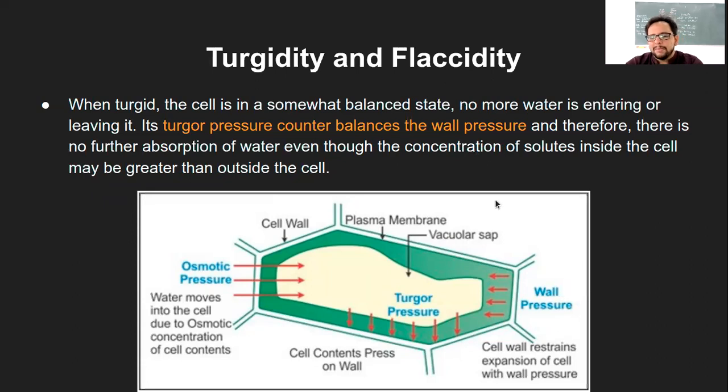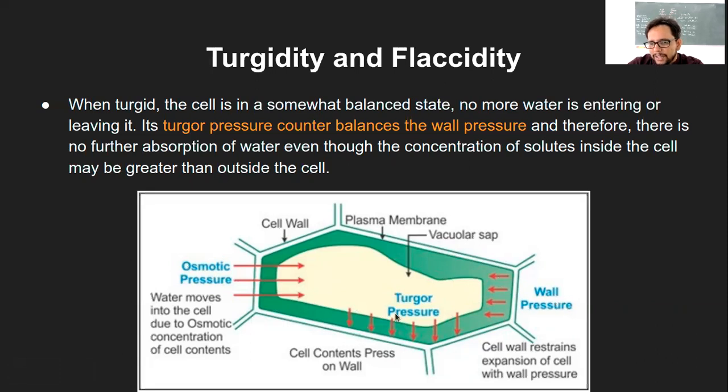So for example, the diagram is given here. Now osmotic pressure, we all know that due to which osmosis happens, that is the pressure exerted by the concentration gradient of the solute as well as the solvent. So the movement of the water will happen. In this case, this is the endosmosis movement that is being shown here, because we are going to talk about turgidity. When we talk about flaccidity, the osmosis will happen in the other direction, opposite to this. So this is endosmosis. So the water is moving inside, and the osmotic pressure direction is also inside.